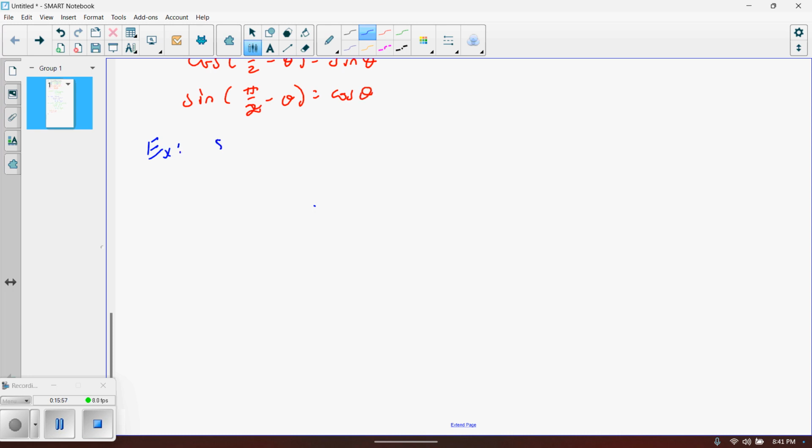Let's say we want to find the exact value of sine of 7 pi twelfths. So again, you have to think of what things can I either add or subtract to get to 7 pi twelfths. Well, 3 and 4 seem to be the easiest things to think of. 3 pi twelfths and 4 pi twelfths. And why is that good? Because 3 over 12 reduces to 1/4, so you have pi fourths. 4 over 12 reduces to pi thirds. So you're going to get a pi fourths and a pi thirds